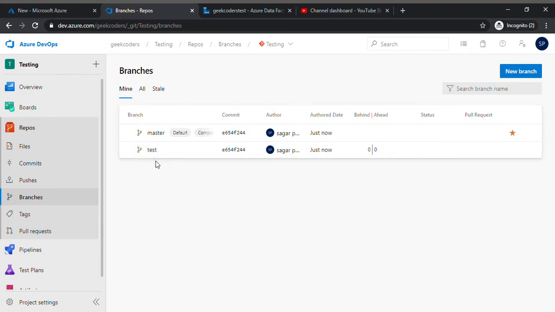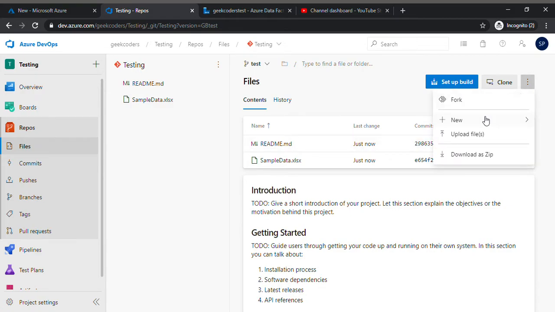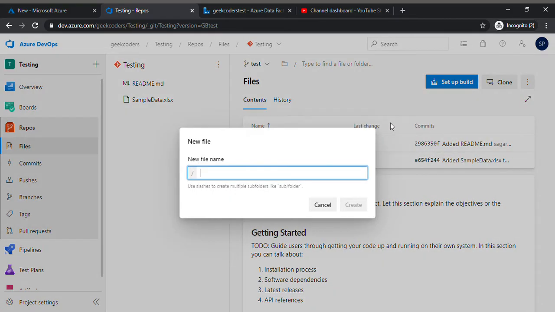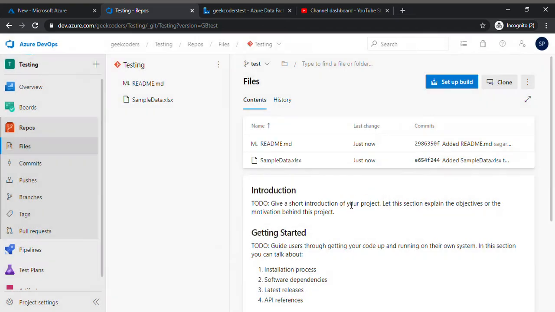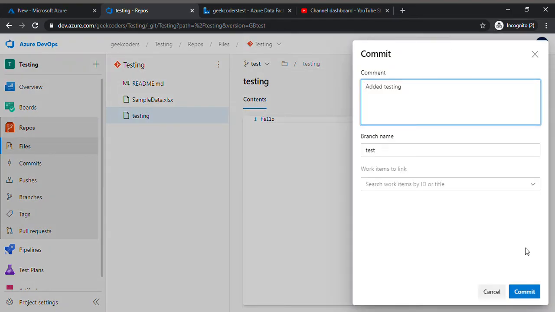Now I open this branch, and I see this sample data file is also present, which is present in the master branch. Now I upload one more file for testing purposes. Testing, and I write the content here, hello, and commit it.